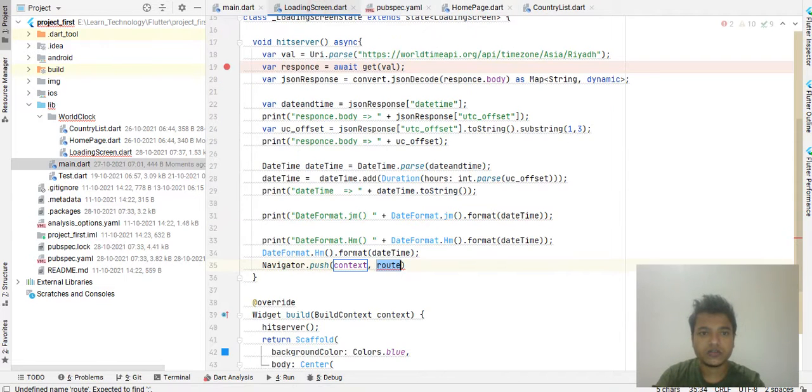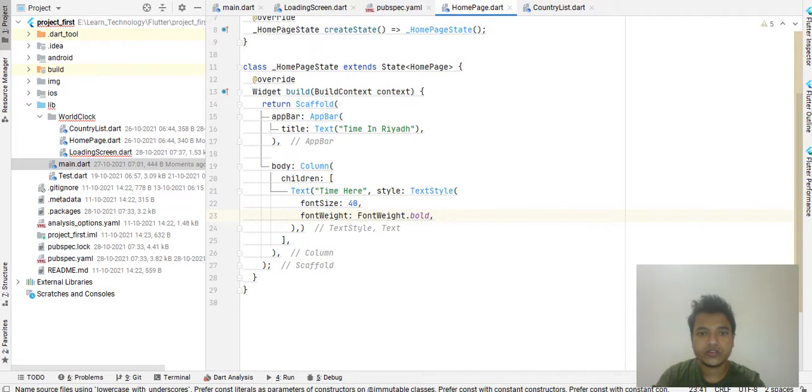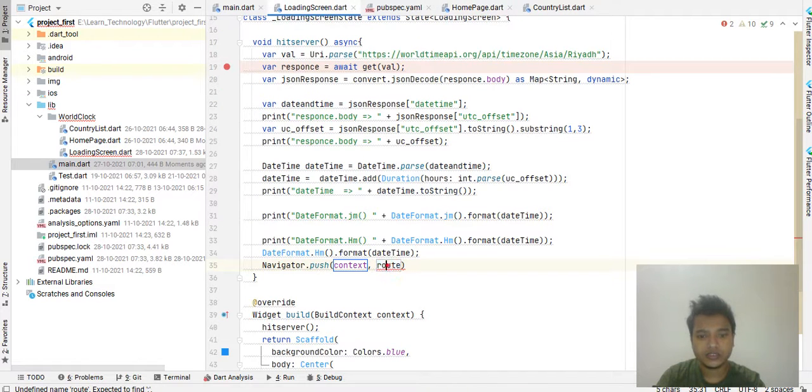Sorry, you have to write it in a loading screen with the same type that we did in a route there. Click on it, and now it's not passing data from one activity to another activity. I'm just opening the second page from the first page. Later I will explain how we can pass the data here. Click on hot reload and see the action.